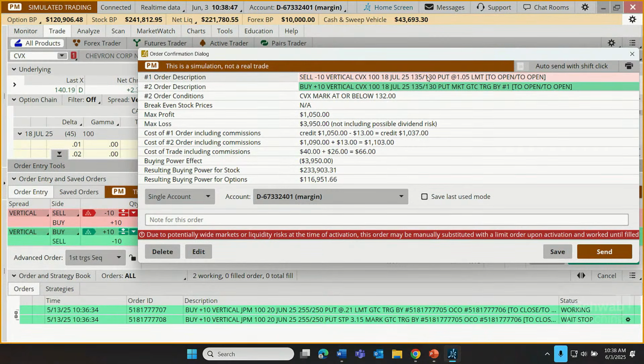So yeah, this is to get in, hopefully for $1.05, and get out if CVX falls below 132. Now, do we have the luxury of knowing, if it falls down to 132, the extent of the damage to our vertical at that time? Hopefully it's not maximum, but no, we don't know exactly how much loss we've taken. It would probably be on the order of about halfway to max loss, but there are other elements at play, not just price, but also time and volatility can play a role.